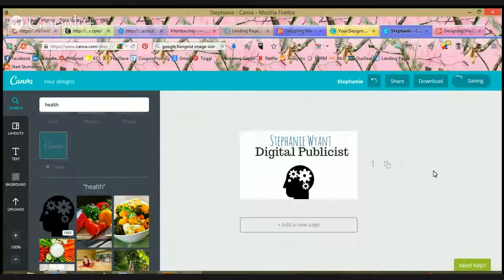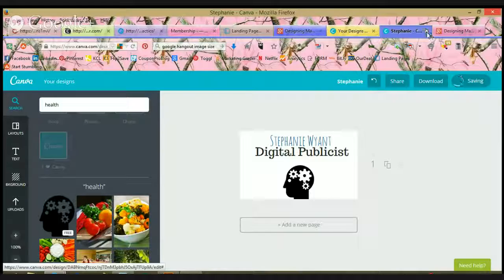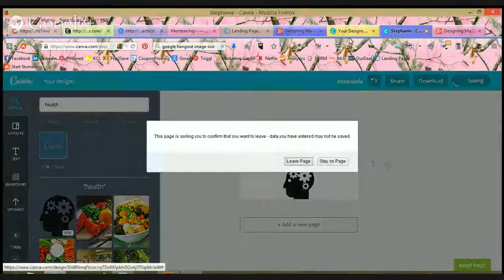I'm not saying this is the best way to do it. This is just an easy way to do it in case you're just starting out, and it's also a free way to do it. Well, free or cheap. Personally, here I use Illustrator. Not that this is an example of my best work, but this is what I use. But just starting out, this is a good idea. So once you have your logo,